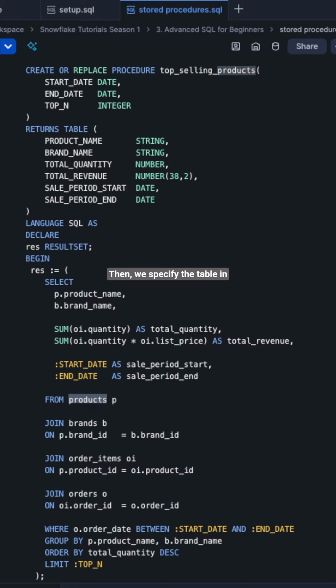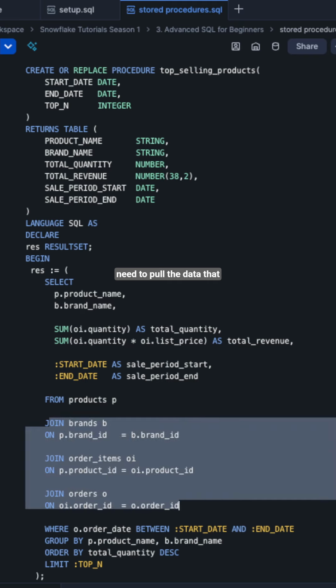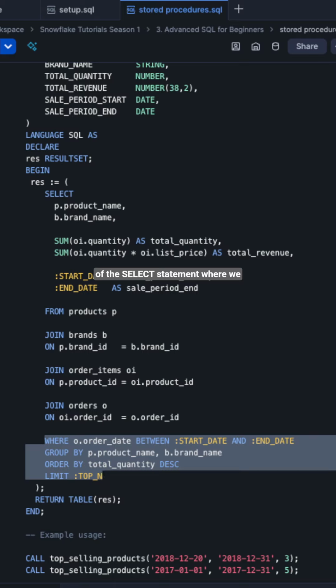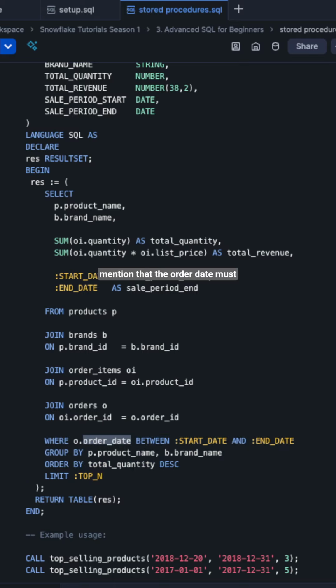Then we specify the table in the from query, and then we specify all our joins that we need to pull the data that we are pulling in the select. Then we specify the where query of the select statement, where we mention that the order date must be between the start date and the end date that was passed by the user. Then we group the entire select query by the product name and the brand name, and then we order it by the total quantity in the descending order, since we are trying to find the top N products by quantity